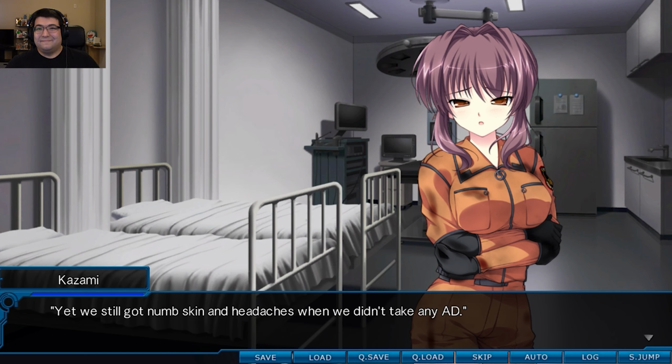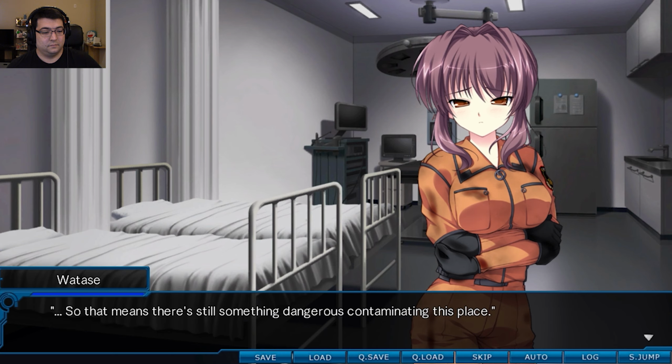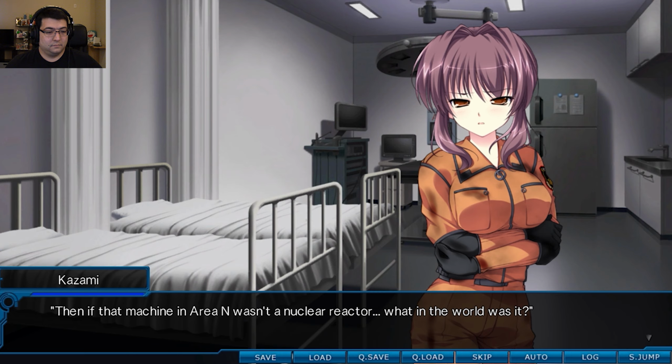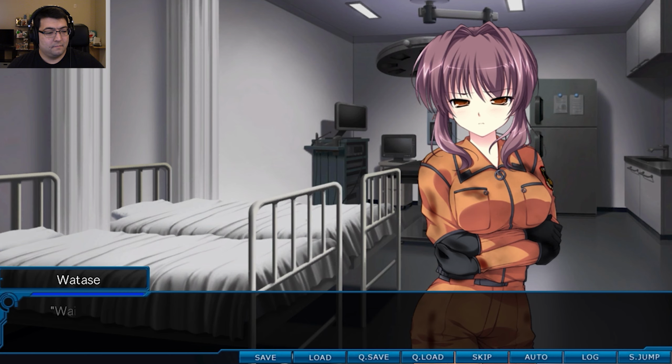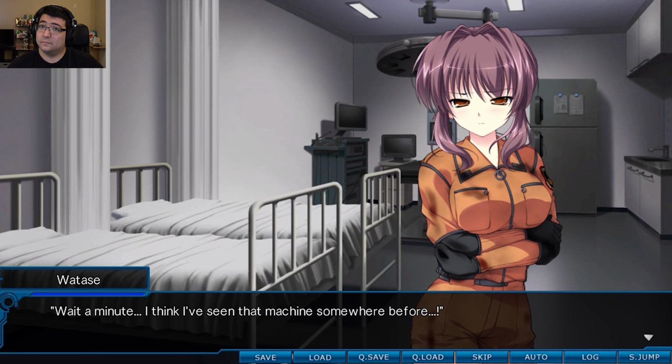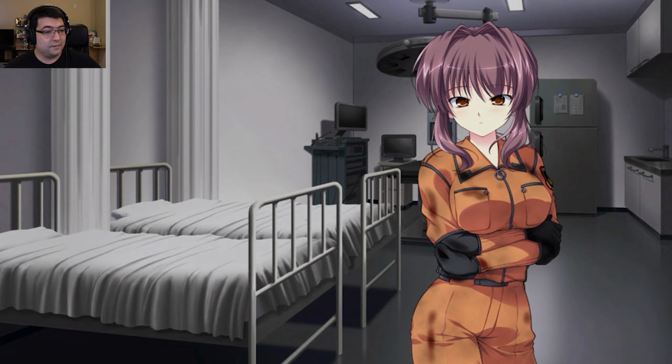Just as Kazumi said that, a fragmented memory flashed through Watase's brain. Oh, really? But before Watase could remember,